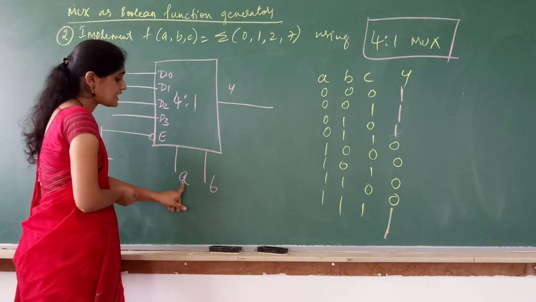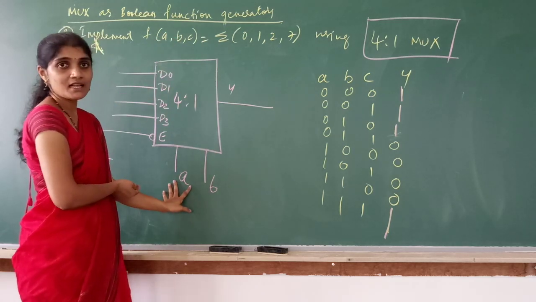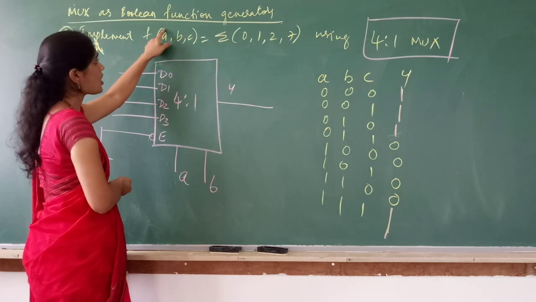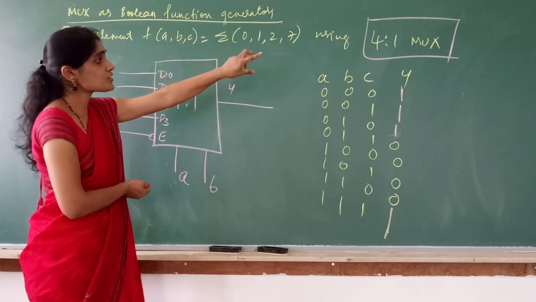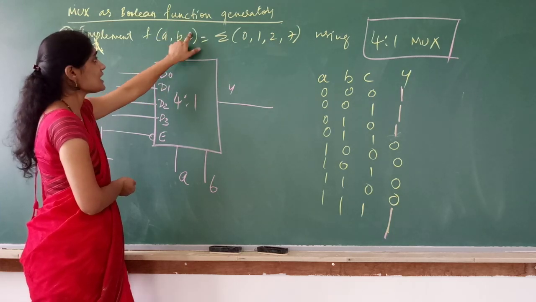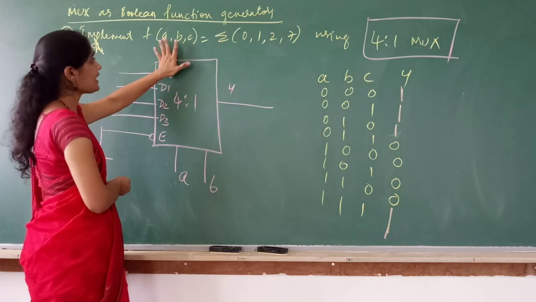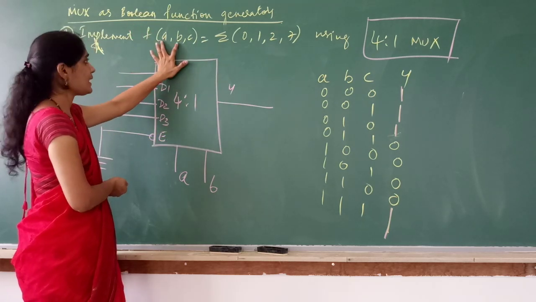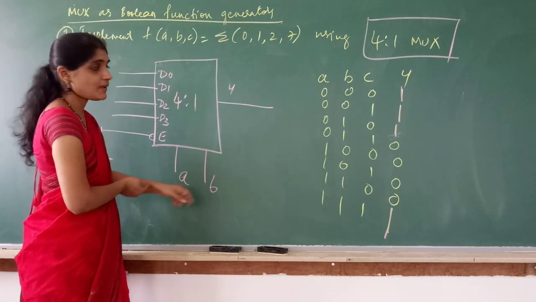Out of these 3 variables, 2 can be taken as select inputs. Either you can take AB as select inputs, BC as select inputs, or AC as select inputs. Sometimes in the exam, using a 4:1 mux, the question will say take AB, or BC, or AC as select inputs. Here, they have not given anything, so you can take any two variables as select inputs. If you take AB, the first two variables, your work will be simpler. So let me take A, B as select inputs.